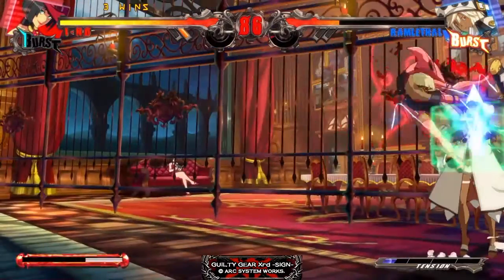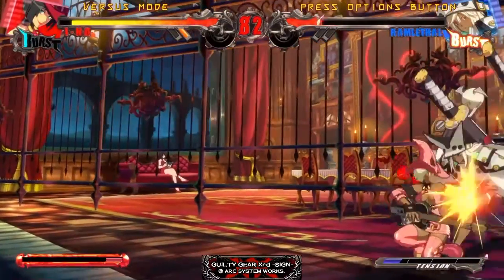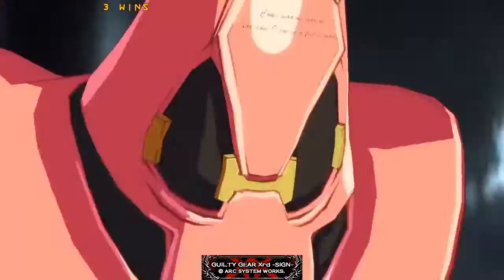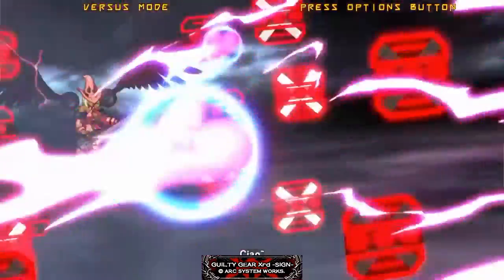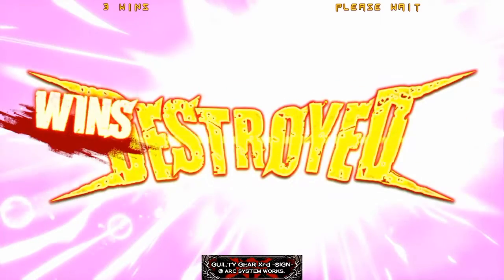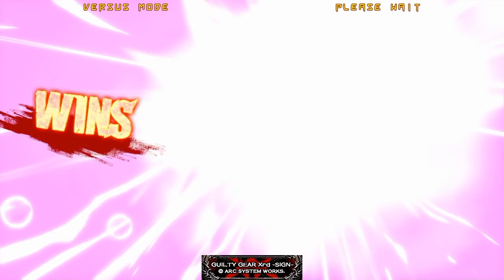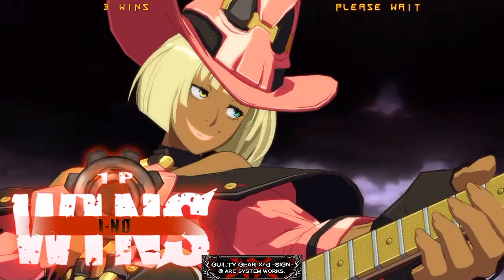Cons: the online servers could have been a lot better when it launched, but it got better over time, but still a little bugged out. I would have wished that rank matches could have been randomized instead of you actually going and picking them one by one. Nonetheless, that's my review for Guilty Gear Xrd Sign. It gets an 8